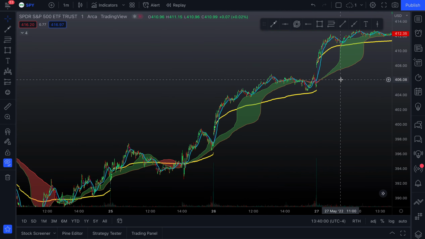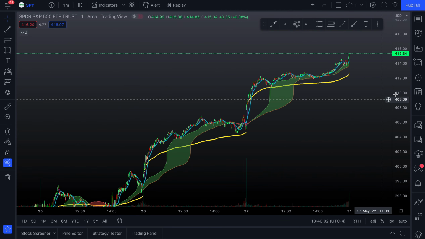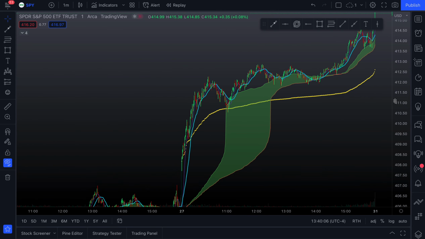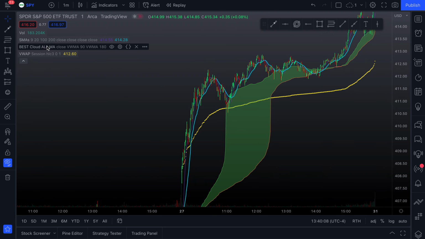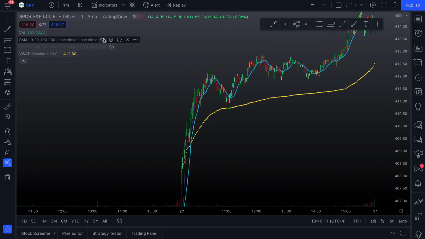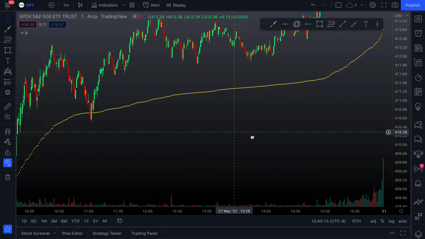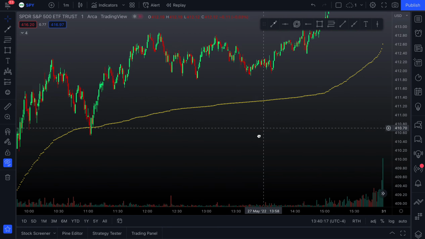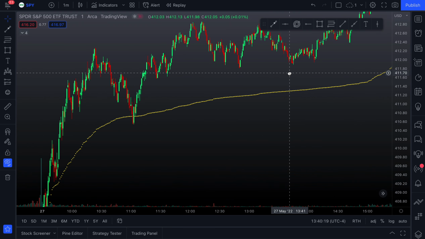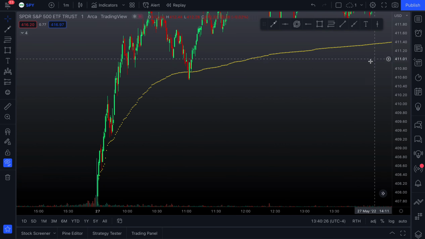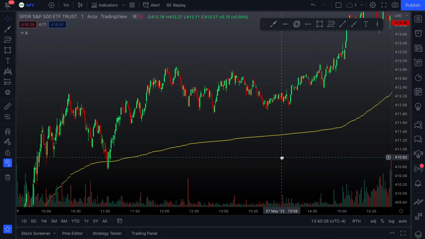So I'm going to go through them one by one and just explain basically how I use them in every trade. We're going to start off with VWAP, so I'm just going to hide the rest of these. VWAP is volume weighted average price. This is a super significant support and resistance line. I don't use it as a confirmation into any trades, but